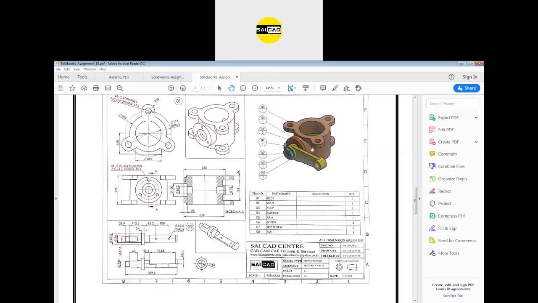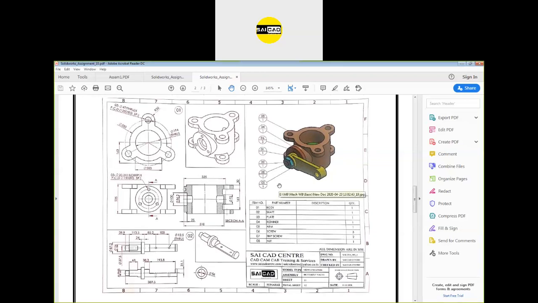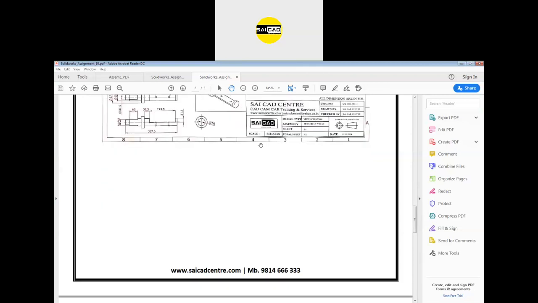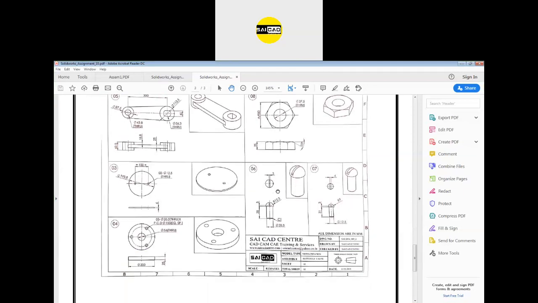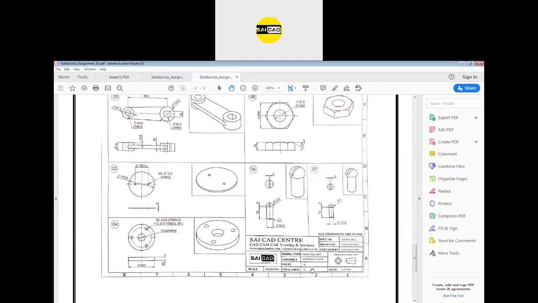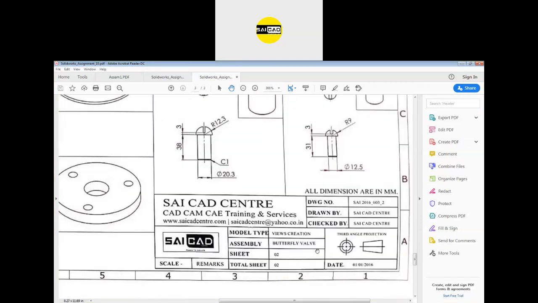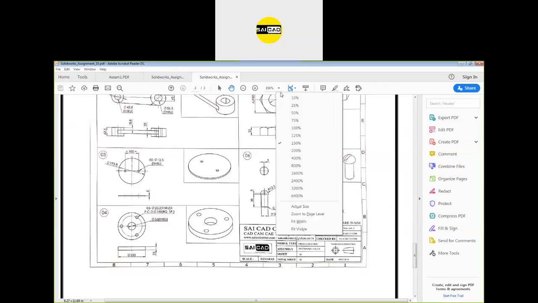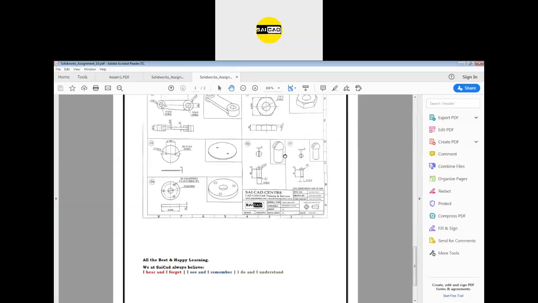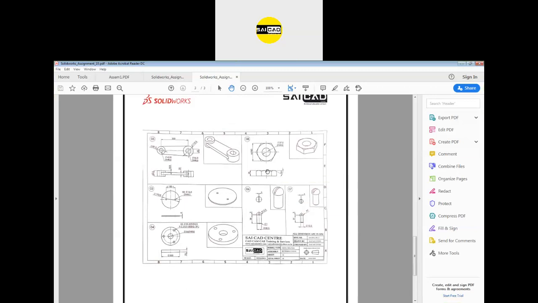You don't have to create exactly this drawing. You can create with some different size also. You can create a sheet with only this part, a second sheet with this one, a third one with this one. You can create two, three, four, whatever you need. There is no fixed sheet size, so you can take A3 also, A2 also. If you take A1, everything can be defined in a single sheet. Take A3 or A2 or A1, whichever you need, at 100%.